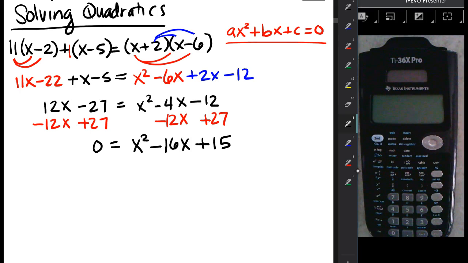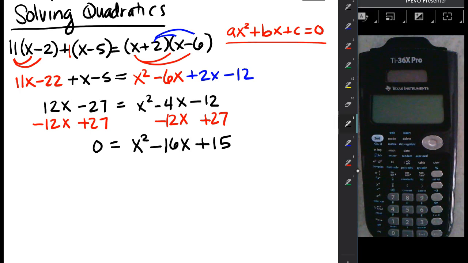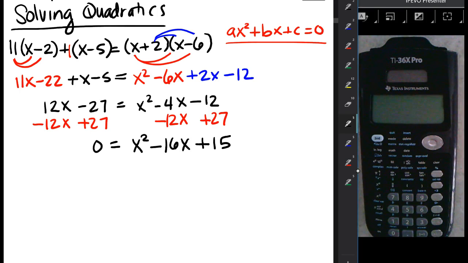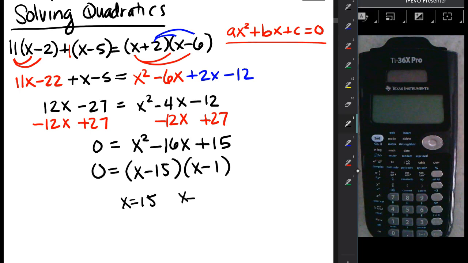And now we have two ways we could solve this. First way is, if we're clever about this, we can think about, does this factor? This particular question does, right? What multiplies to a positive 15 and adds to a negative 16? Well, x minus 15, x minus 1, right? That is the exact same thing, just written in a factored form. And this is all 0, so that means x is either 15 or x is equal to 1 using our